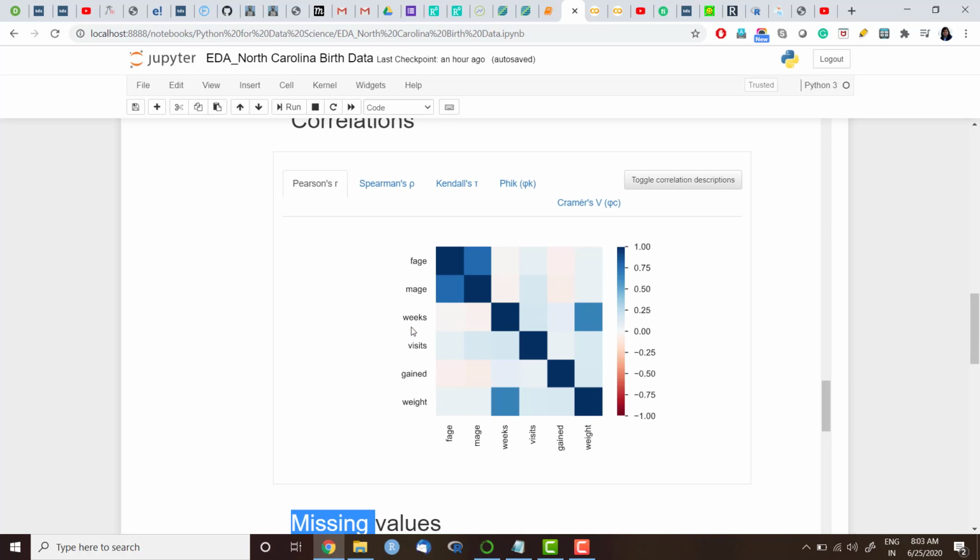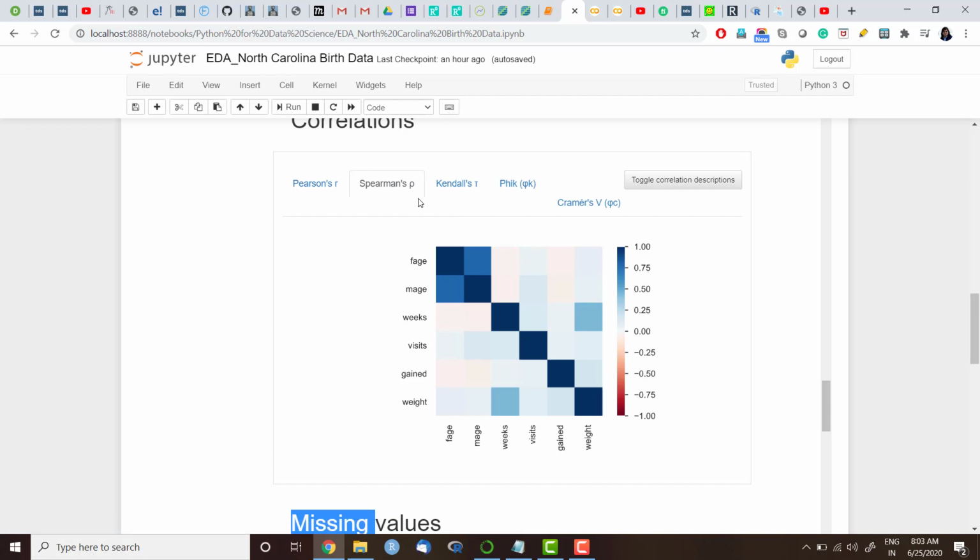It's a weak correlation. Weeks is a variable which is strongly correlated with weight. We have seen that in the scatter plot also. Week of pregnancy and weight of the baby are strongly correlated. And visit is not strongly correlated here. So we just see that strong correlations are between father's age and mother's age, and week and weight. So these two pairs of variables have strong correlation, and few variables have negative correlation, but that's very low. And we get similar information when we look at Spearman rho.